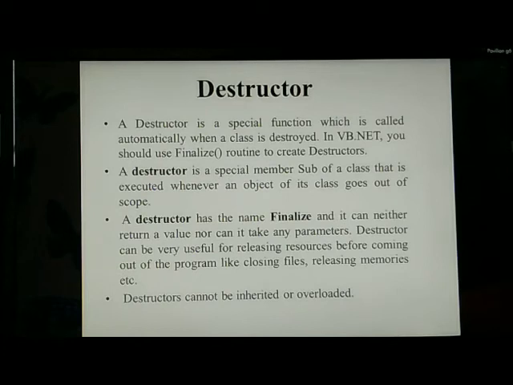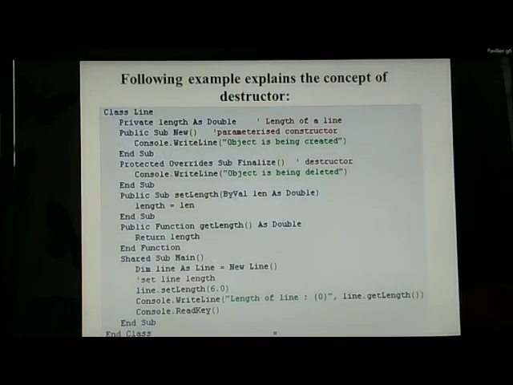Because of the nature of garbage collection, it is very hard to determine when a class destructor will be called. Now let us see a program example in which the concept of destructor is used.